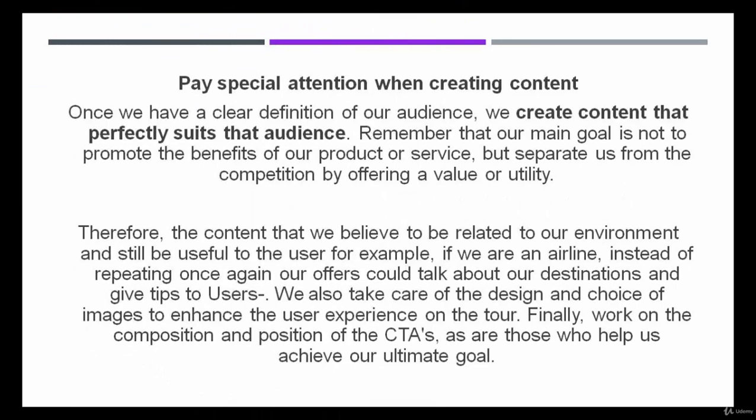Pay special attention when creating content. Once we have a clear definition of our audience, we create content that perfectly suits that audience. Remember that our main goal is not to promote the benefits of our product or service, but separate us from the competition by offering a value of utility. Therefore, the content should be related to our environment and still be useful to the user. For example, if we are an airline, instead of repeating once again our offers, we could talk about our destinations and give